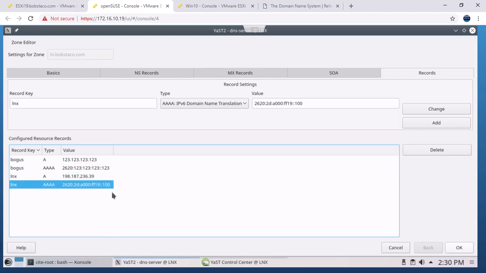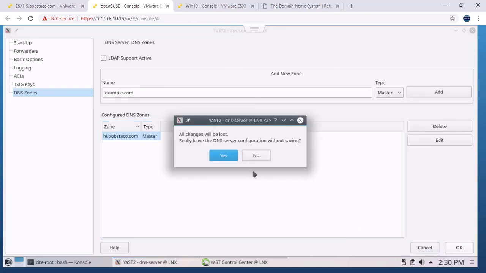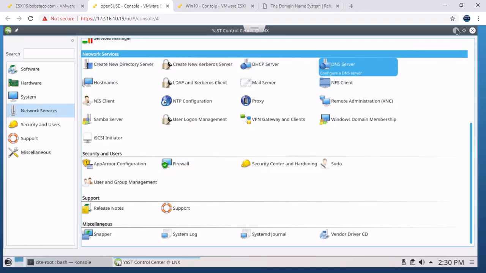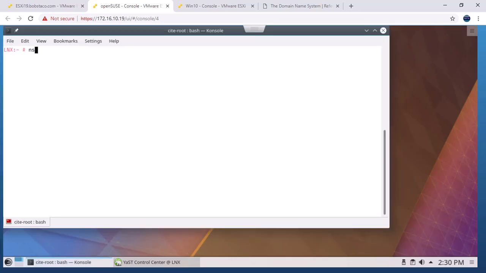Okay, so I made those changes. Actually, all I did was add the LNX records and reboot the server one more time. Let me cancel out of this, and let's open a command prompt and start locally. We're going to test here locally. I'm going to do nslookup, and I need to specify the server. One thing I can do is use the loopback 127.0.0.1. That would take me actually inside the firewall. And so I could ask it for